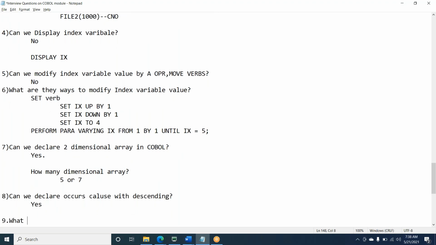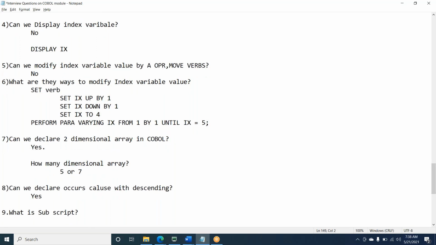Next, what is a subscript? At a normal level, we can say it is used to define the position of an element in an array. Exactly. A working-storage subscript is a standalone, separate normal variable. If we use this variable in an array to load or read the data, automatically that variable becomes a subscript.